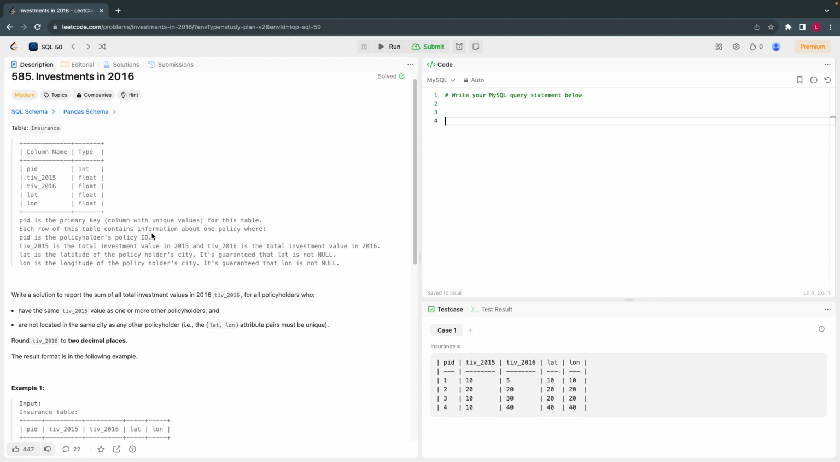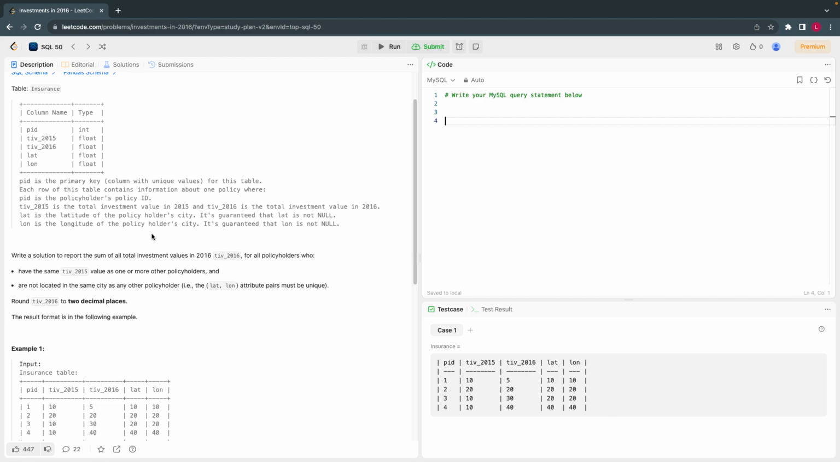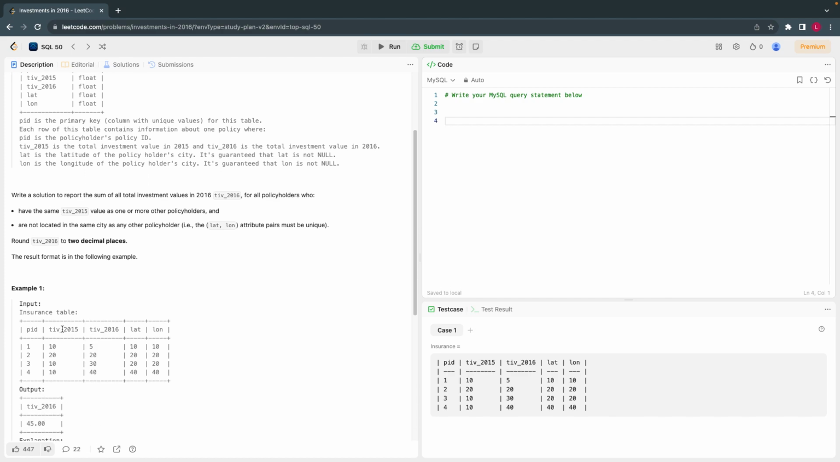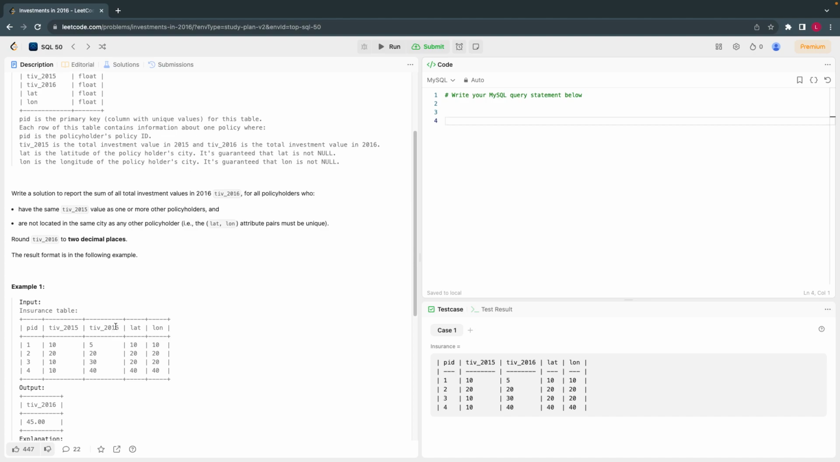What we have to do is we have a list of policy holders and their investment in 2015 and their total investment in 2016. So all we have to do is find out the total investment made by policy holders in 2016. So this is the simple high level problem. Plus they have given two criteria. So criteria one is